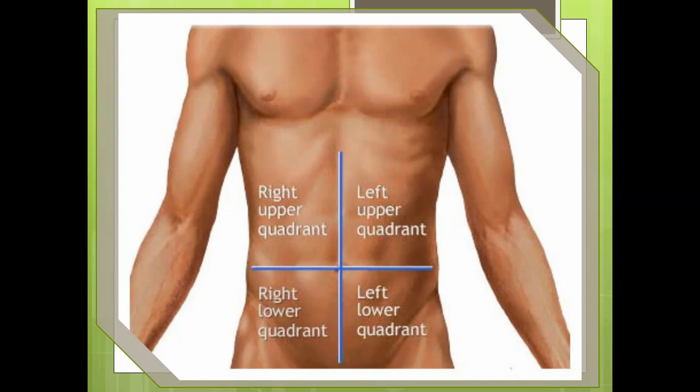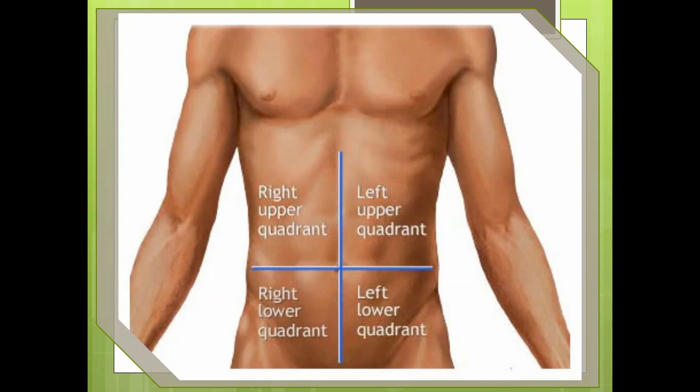So we will go first with what the different landmarks are and what the different parts of the abdomen are. We will go through that. Now you can see in the image there are four different quadrants: right upper quadrant, left upper quadrant, right lower quadrant, and the left lower quadrant. You might be thinking why these four quadrants are very important. These are the four quadrants which divide the parts of the abdomen.